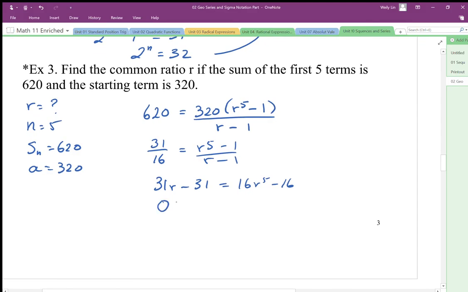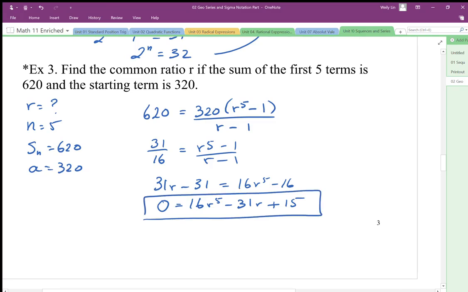But we want to make it equal to 0. So we end up with 16r to the 5th minus 31r plus 15. And we need to solve this 5th degree polynomial function. So at this point, the only strategies